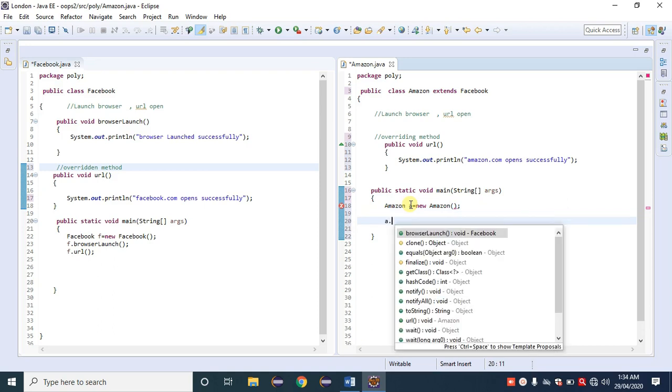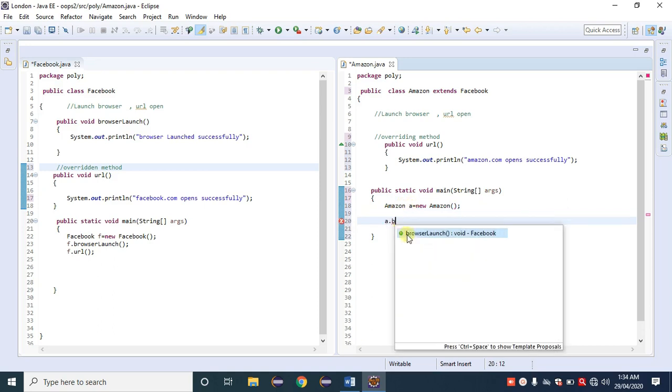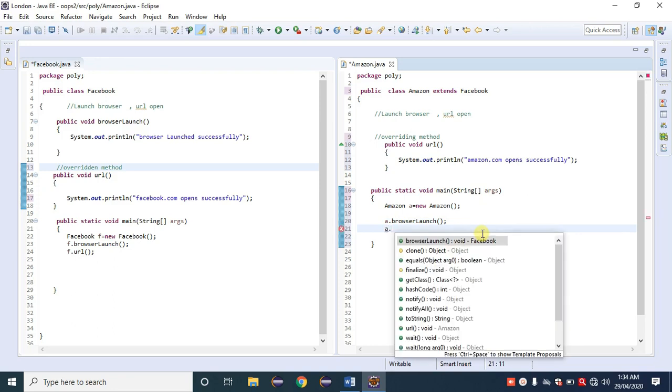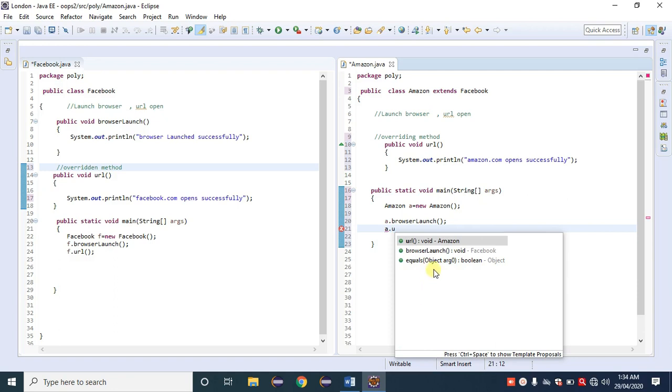A dot first step is browser launch. The browser launch method is available from the parent class Facebook. That is the benefit of inheritance. A dot, what is the method name? That is the URL method. URL from Amazon. We don't get a suggestion from the parent class, that is the Facebook class. Why?